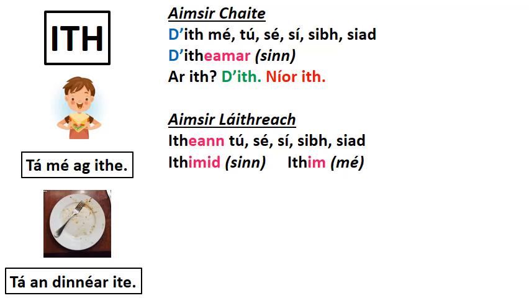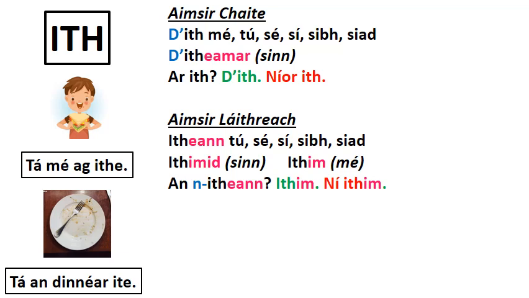Now I'd be expecting that my question word in the Aimsir Laithreach would be an, and that my negative answer would be ní. An ithim, with my urú, ithim, and ní ithim, and remembering that because it's a vowel, that's why there's no H. So here my Aimsir Chaite obeys the rules, and my Aimsir Laithreach obeys the rules. But I know this one is irregular, so if there's going to be a funny change, it's coming next.